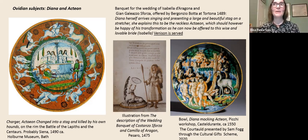And again, looking at contemporary accounts of parties, we know that obviously Diana was seen as the goddess of chastity, and as such was a very appropriate element for wedding banquets. And actresses dressed as Diana would come and talk to the bride-to-be, and even bring stags to be offered to the bride, as on the occasion of the famous account of the wedding party of Barbara Gonzaga Botta, Tortona. And also she appears extensively on decoration of bedchambers, and also it was appropriate for the